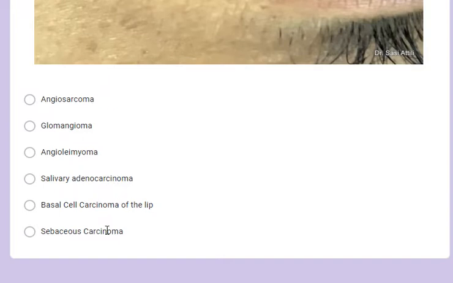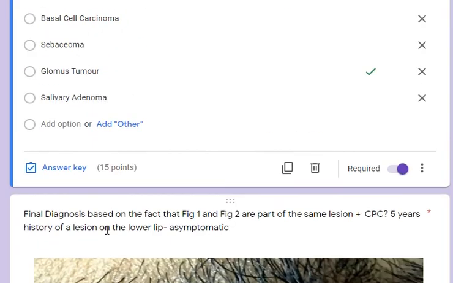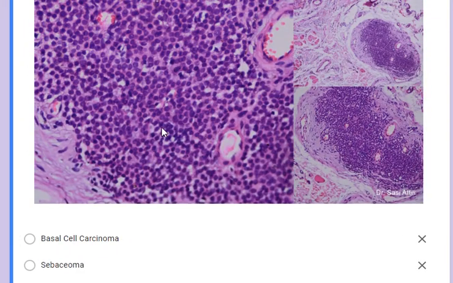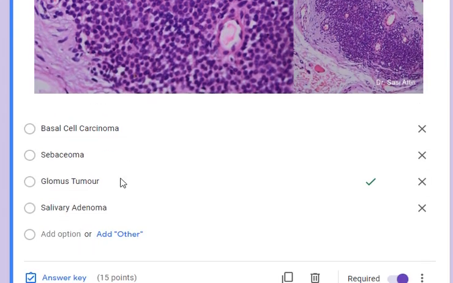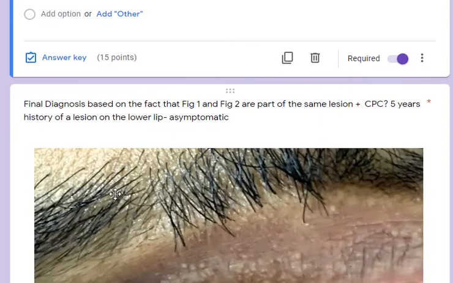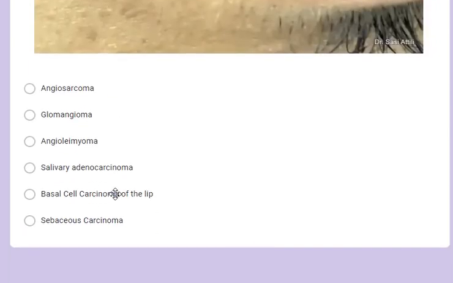Sebaceous carcinoma, the glands do have some sebaceous differentiation. The cells, you may be able to notice vacuolation in the cytoplasm, mimicking a sebaceous cell, a sebocyte, and none of this is present here. We shall discuss a salivary gland tumor later on in one of the other quizzes.